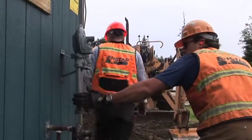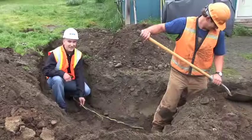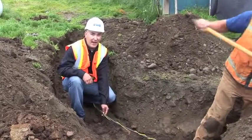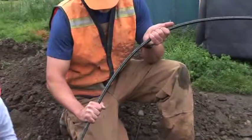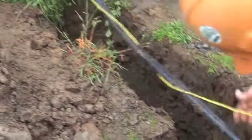Once a meter location has been confirmed, the crew will start the service line installation process. A typical service line is made of high-density polyethylene pipe, and it's usually a ½ inch in diameter. At the time of installation, it is buried 12 to 18 inches below the finished grade. It is wrapped with a tracer wire before going into the ground in order for the pipe to be located